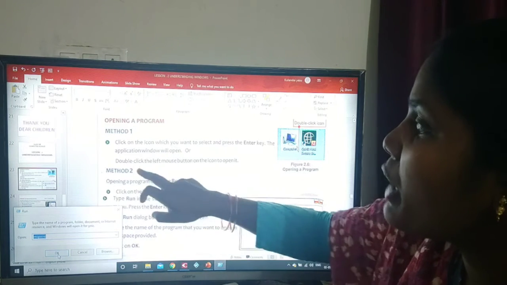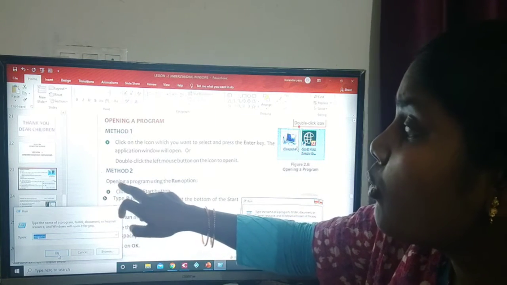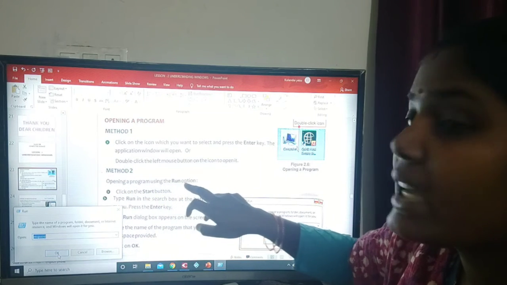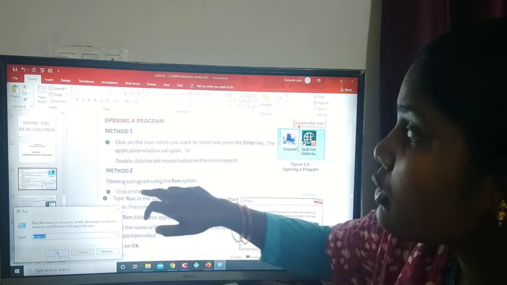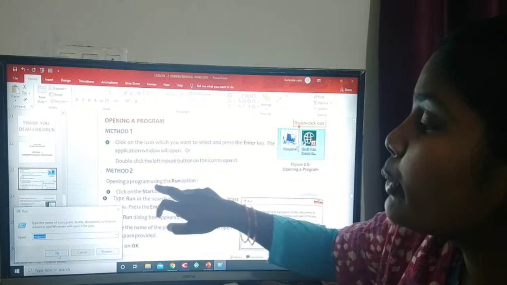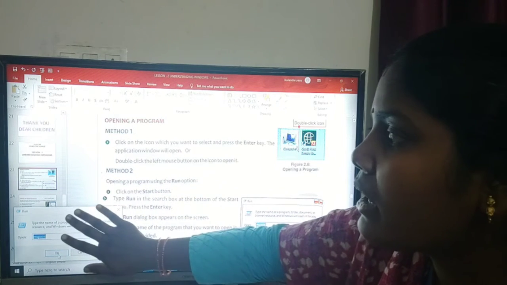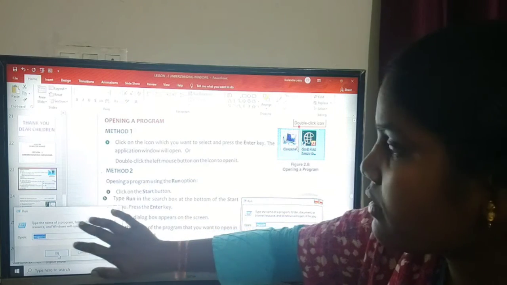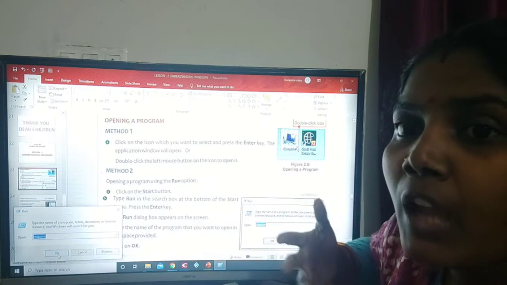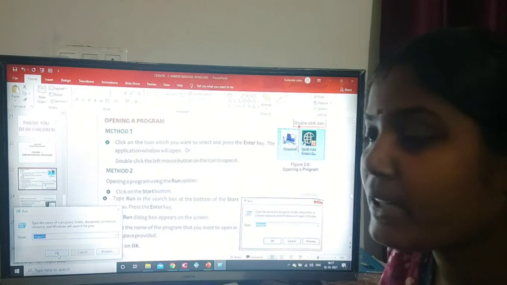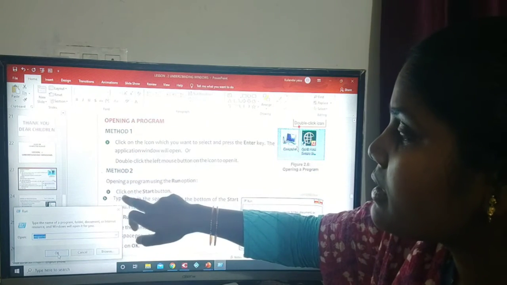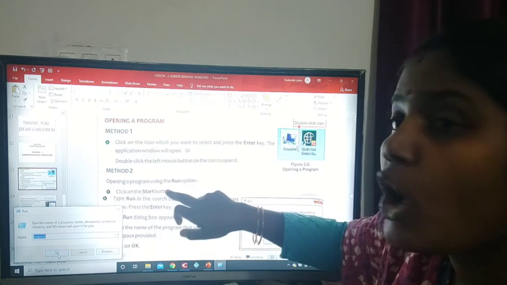This is method 2. So see here, opening a program using the run option. This is the run option dialog box. So how do we open that? First we have to click on the start button.